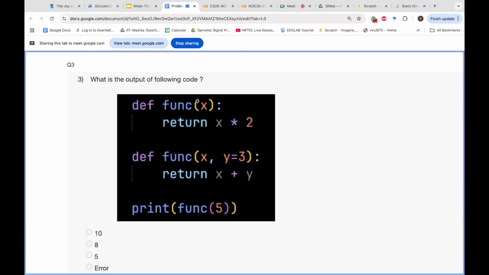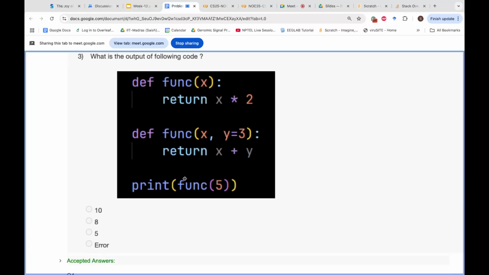So, what is the output of the following code? So you have function X, and there you have another function. So this is actually function overloading happening over here. So you have two definitions of the function. And if you call the function as func_y,